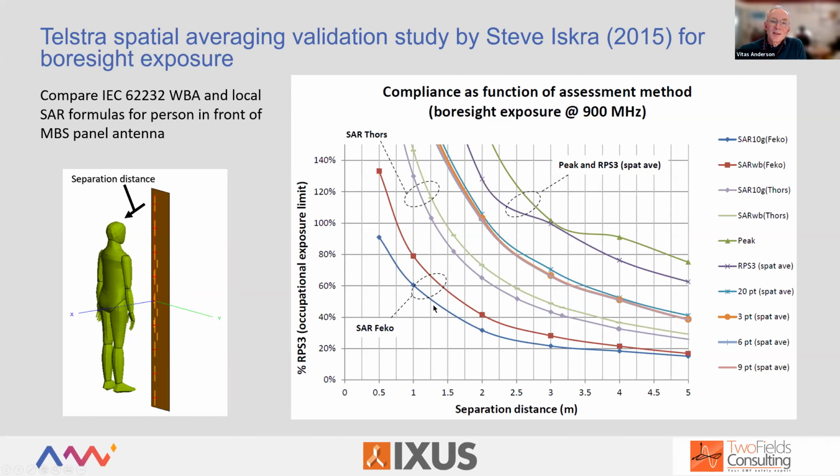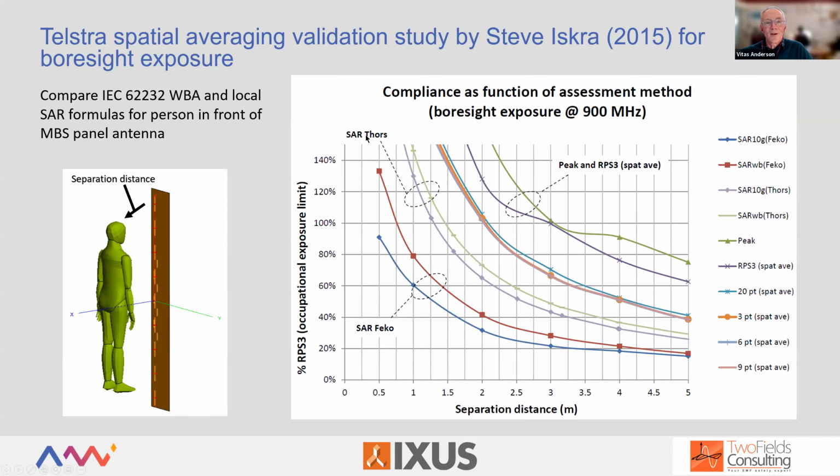So what that's essentially saying is that spatially averaged reference level fields will always be fine as a proxy for the basic restrictions. You'll always be compliant with the whole body SAR basic restrictions if you use the spatially averaged field assessment methods for EME. He also compared his data to, I'm just going to show these curves as well, where he compared